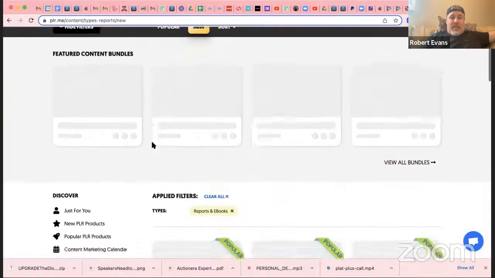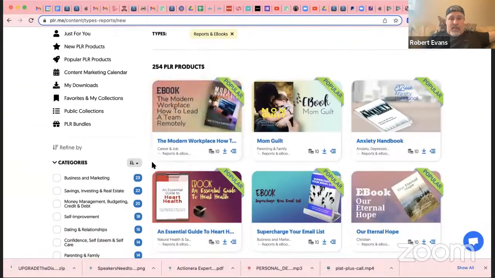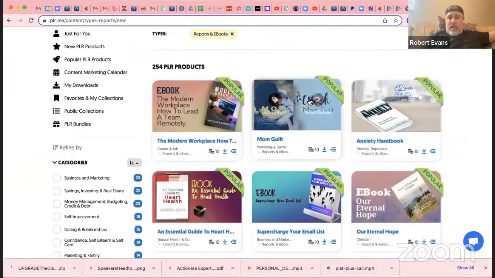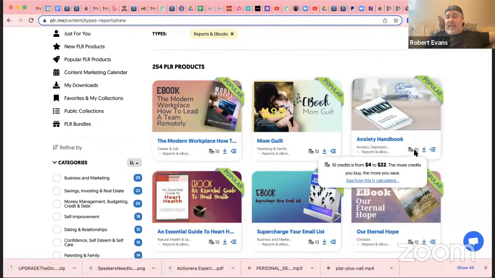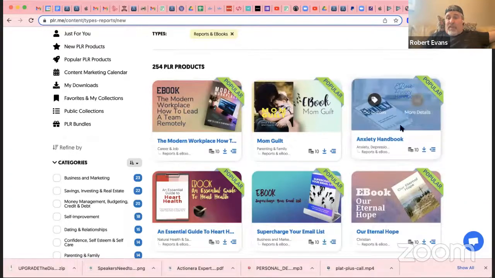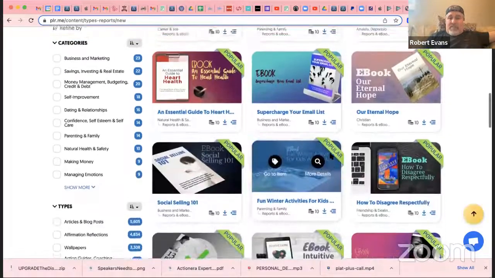You can get an entire ebook. Like here's one, The Modern Workplace, How to Lead a Team Remotely, or if you do parenting, Mom Guilt. I don't know what that's all about. The Anxiety Handbook, okay? It costs 10 credits. So if you do that link, you can actually get 10 credits. You can download pretty much any of these ebooks.